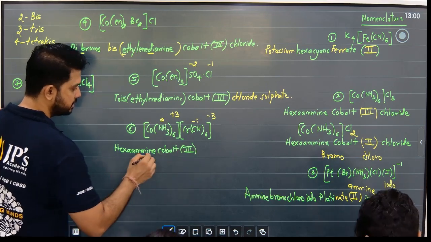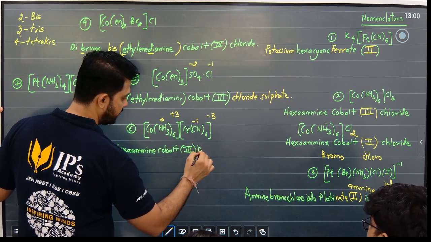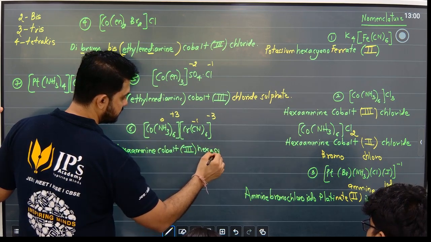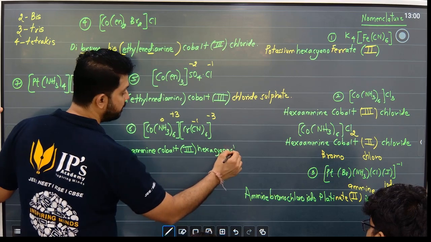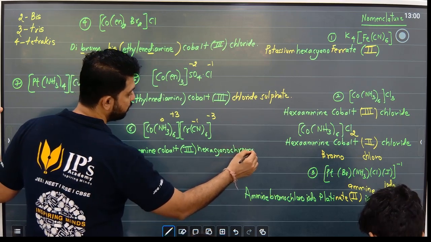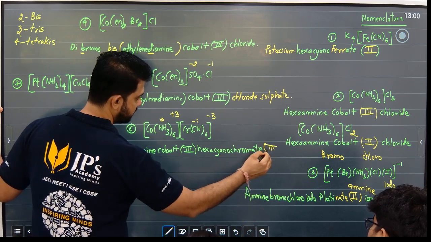Then comes again hexacyanidocyanochromate. Why chromate? And the charge is again